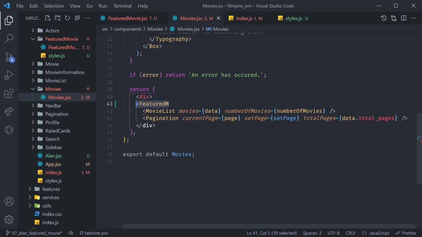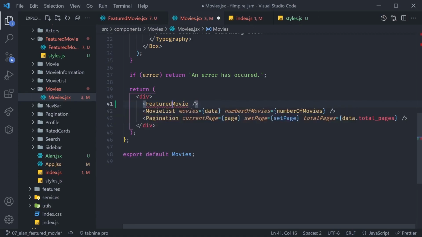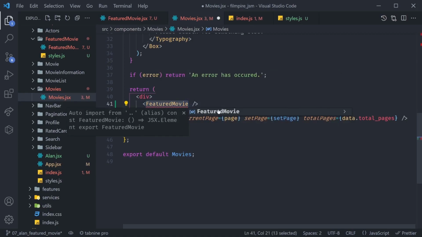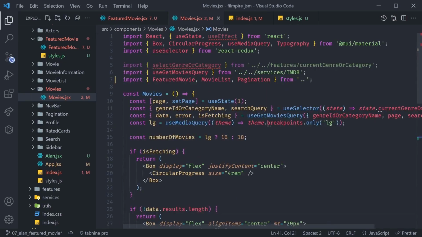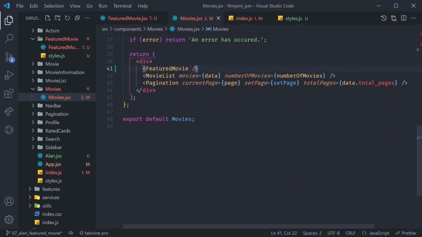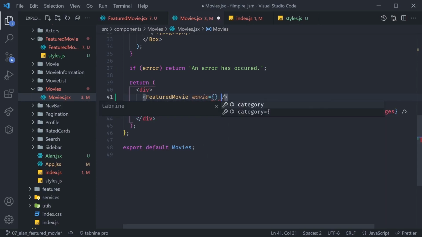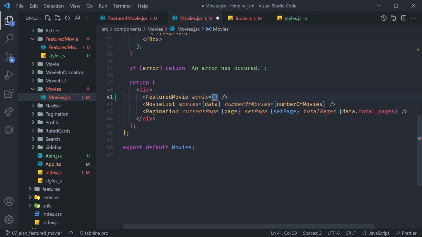And inside of here, let's try typing this out one more time. That's going to be featured movie, self-closing tag. And if we press Control space, we should be able to import it. There we go, featured movie from ... And we need to pass just one prop to it. And that's going to be a movie. So how can we get to our featured movie? Well, we already have all the movies under data. So in this case, that's going to be just data.results and then 0